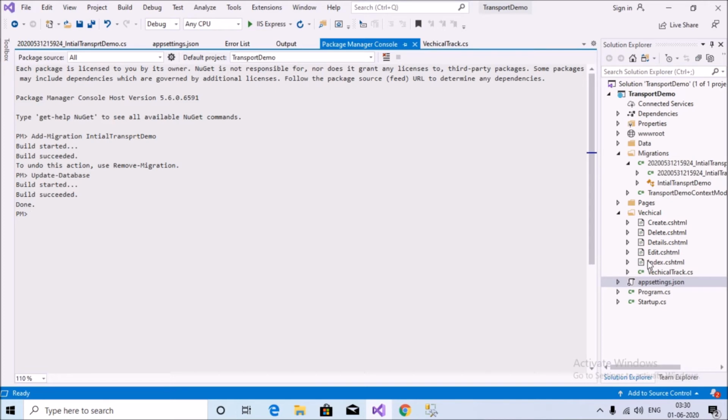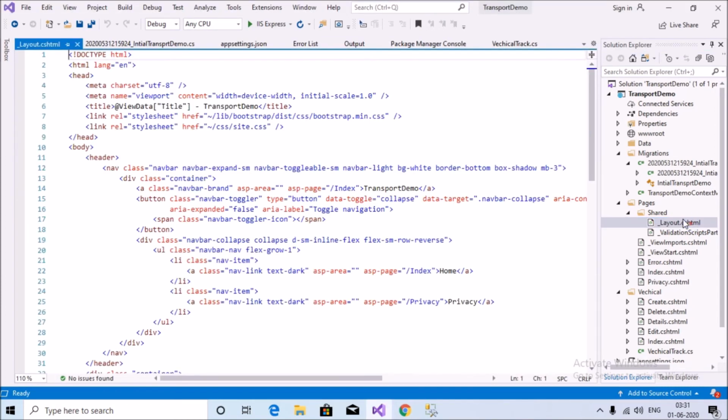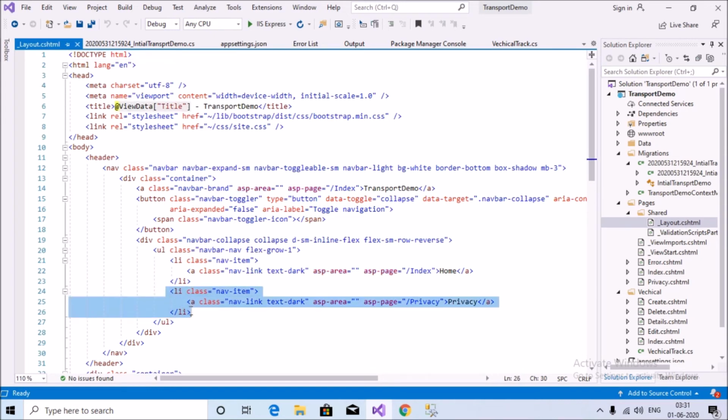The next step is inside the pages. You can see here layout.cs.html. Open this page, and you can see the menu link like that.